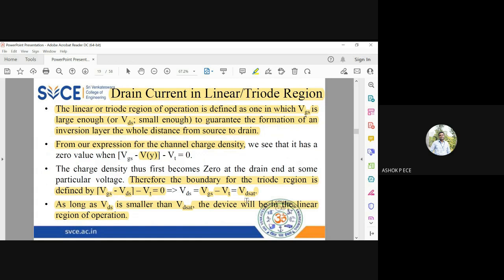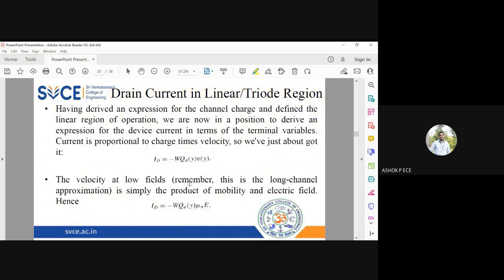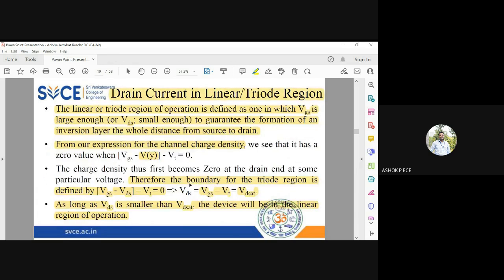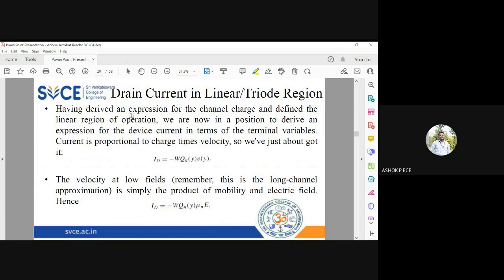Triode region is called the linear region. So I am finding out the boundary condition for the triode region, which is VD sat. As long as the input voltage VDS is less than VD sat, the device will be in the linear region. Once this VDS crosses VD sat, it is going to go into saturation, or into the other region called the pentode region. Okay. So having derived the expression for Qn of y,